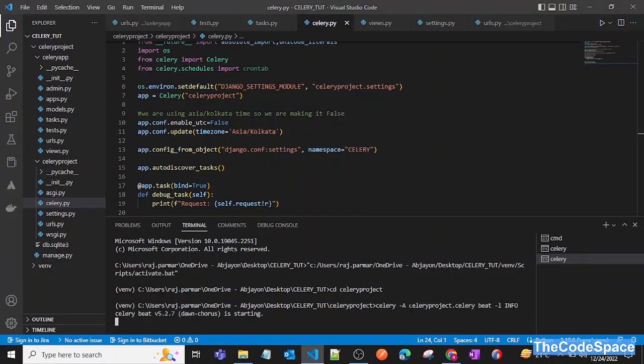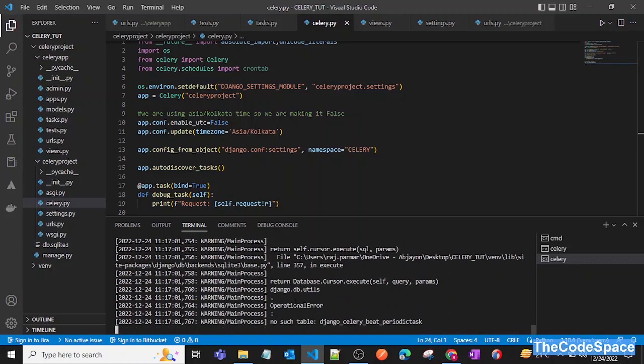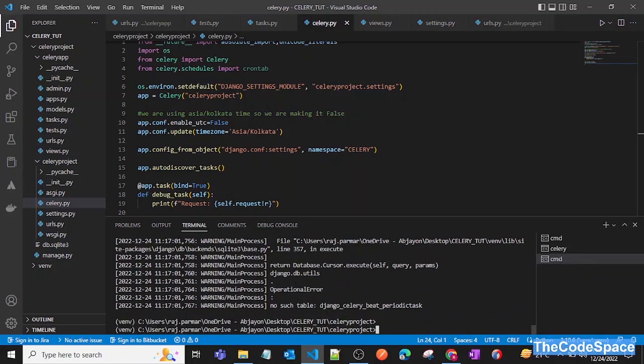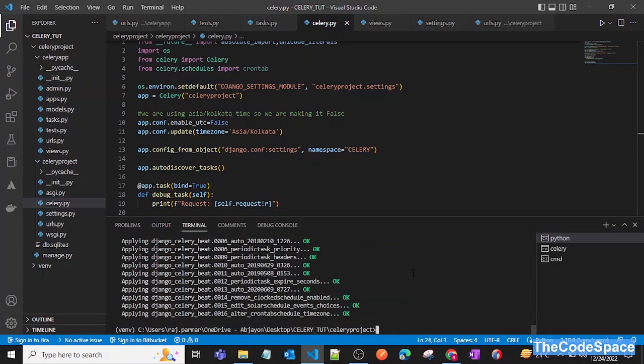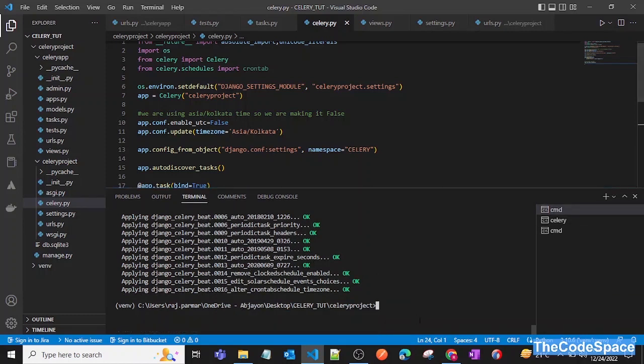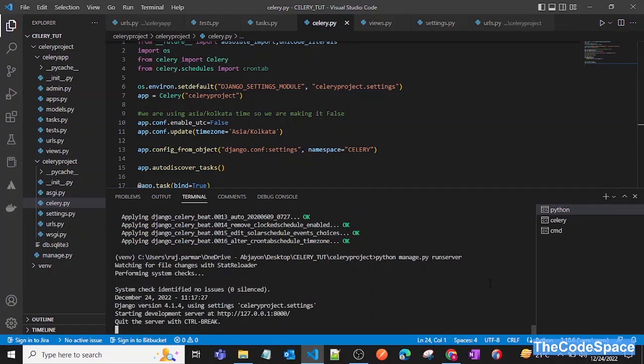So celery -A, and as you can see it is starting, and we need to also do some migrations. So let's go there and do migrations. So python manage.py migrate. So as you can see, it is migrating our models to the database. Now let's run our server again,